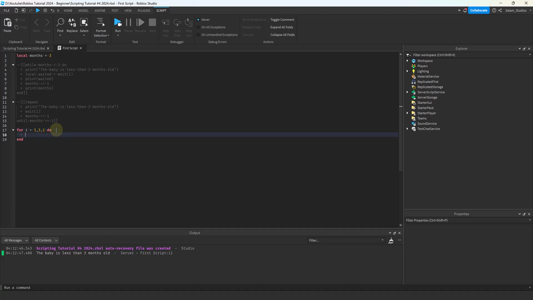And then we close the loop using an end statement. The loop runs whatever is between the do and end keywords a number of times, reflective of its counter variable. For this loop, we just want to print the counter variable every time the loop repeats itself. This is to see how the counter variable changes